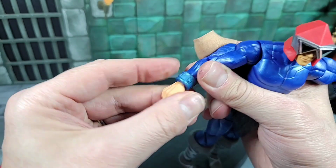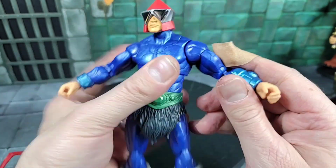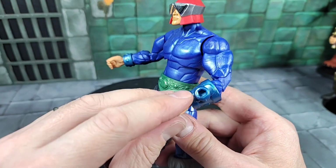You can. I don't know if there's a peg under there, but it is different. You know, it's not part of the sculpt anyway. The left arm's all the same as far as, let's check out the articulation. Okay, everything's the same. But now this one, he has a different bracer, which is that New